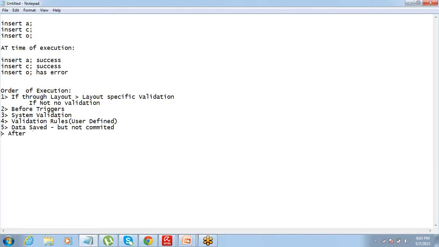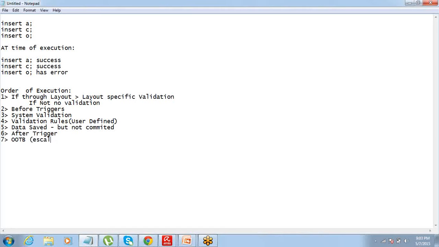Then comes our after trigger, then comes all the OOTB functionalities. Just for you to remember it in one word: out-of-the-box functionalities, which include everything